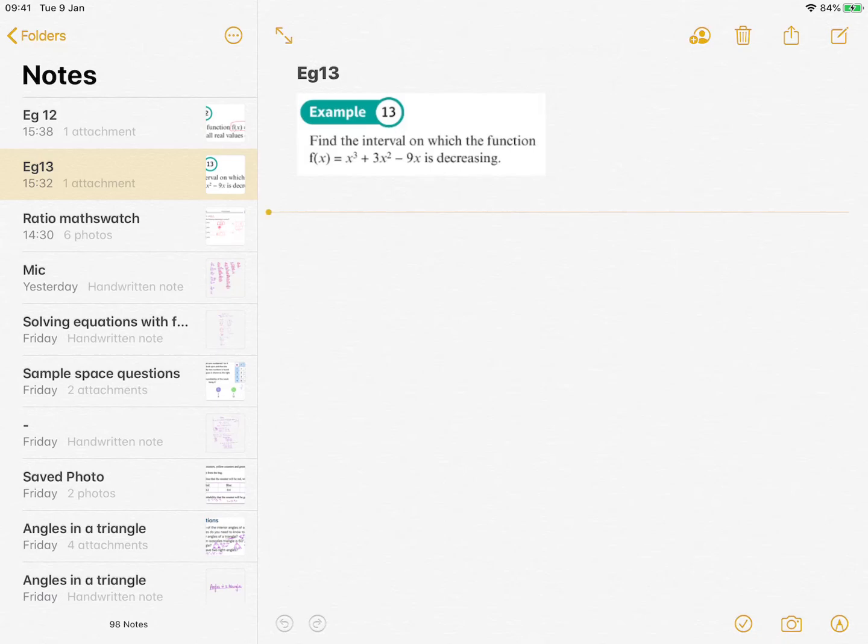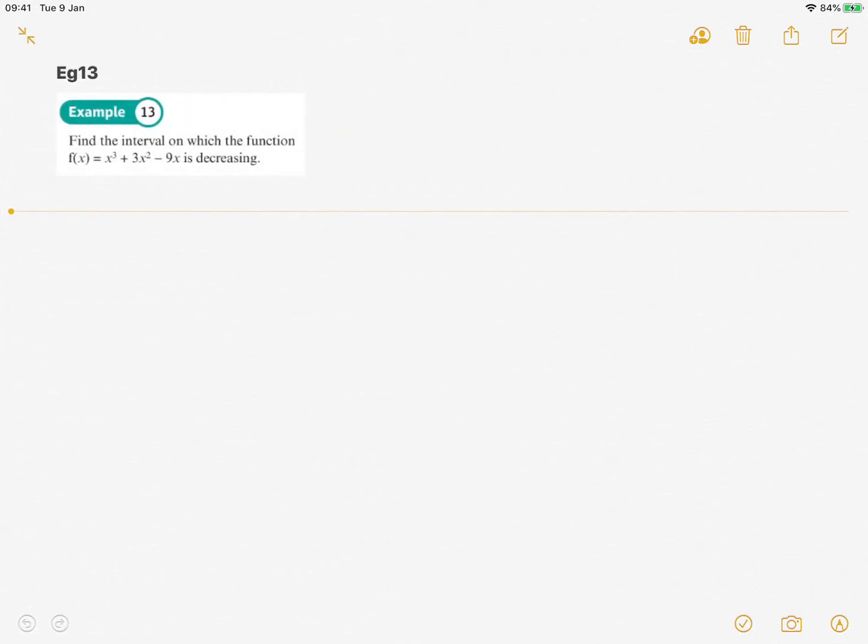Right, let's have a look at example 13 then. Find the interval in which the function f(x) is decreasing. So function decreasing, those are your key words that you should be thinking, right, let's differentiate that. If I differentiate that, remember to use your notation, then I get 3x squared plus 6x minus 9. Well, I know from the notes in the textbook that a decreasing function will have a gradient that's less than or equal to 0, so I can set this